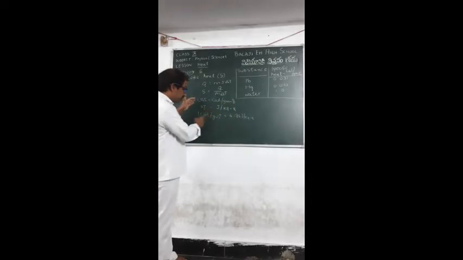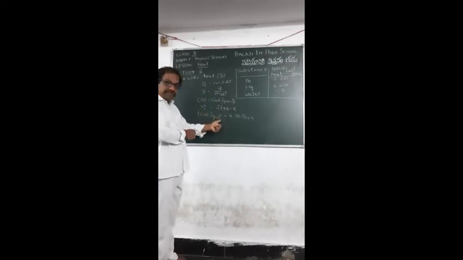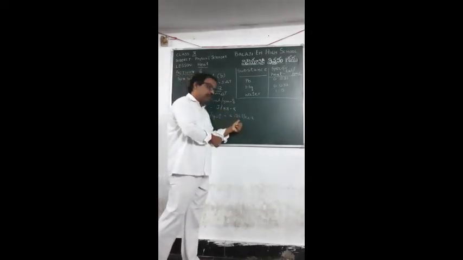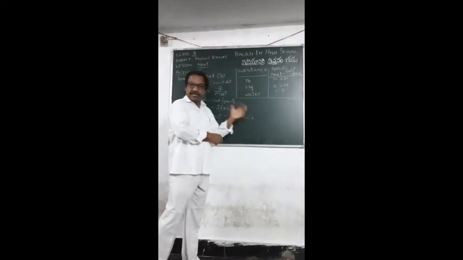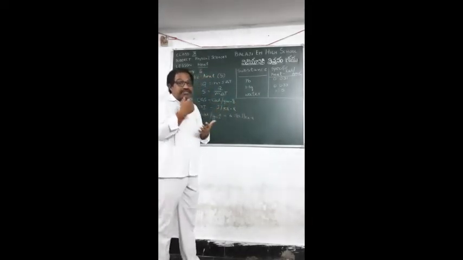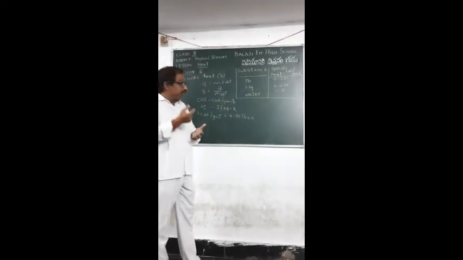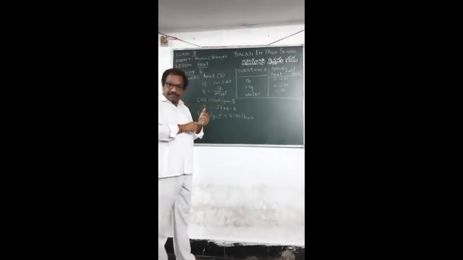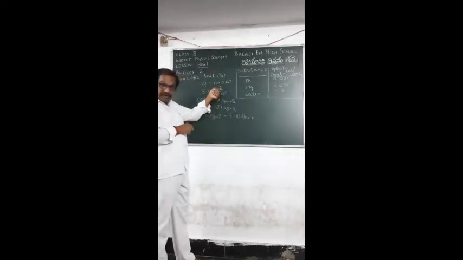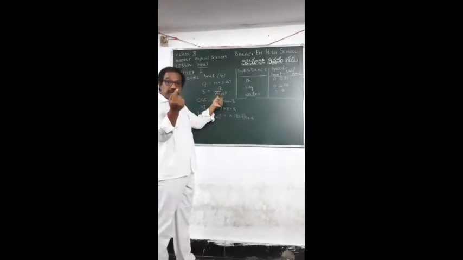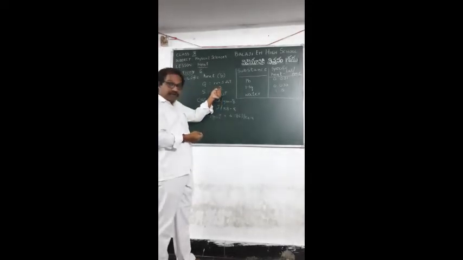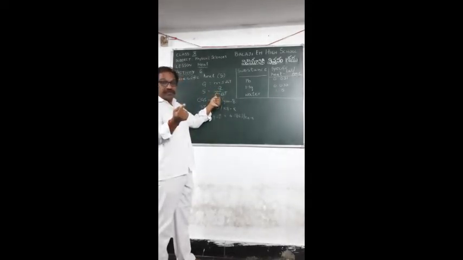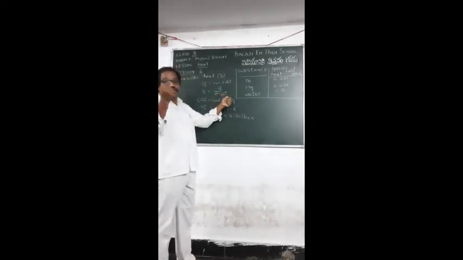When you convert the CGS system into the SI system of units, 1 calorie per gram degree centigrade is equal to 4.186 joules per kg Kelvin. Then what is the definition of specific heat? It is the amount of heat required to raise a unit mass, which in CGS is 1 gram, of a substance through 1 degree centigrade.